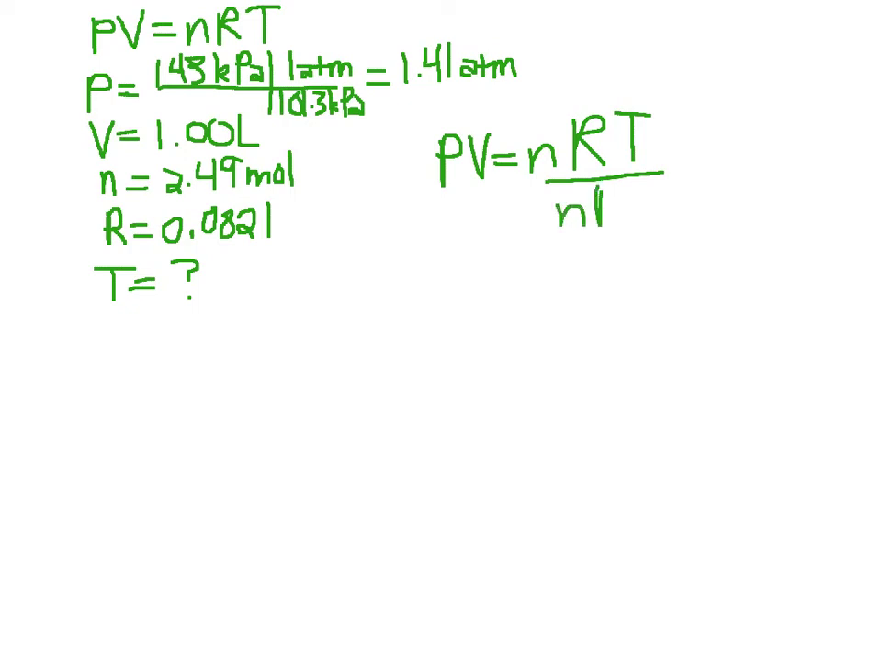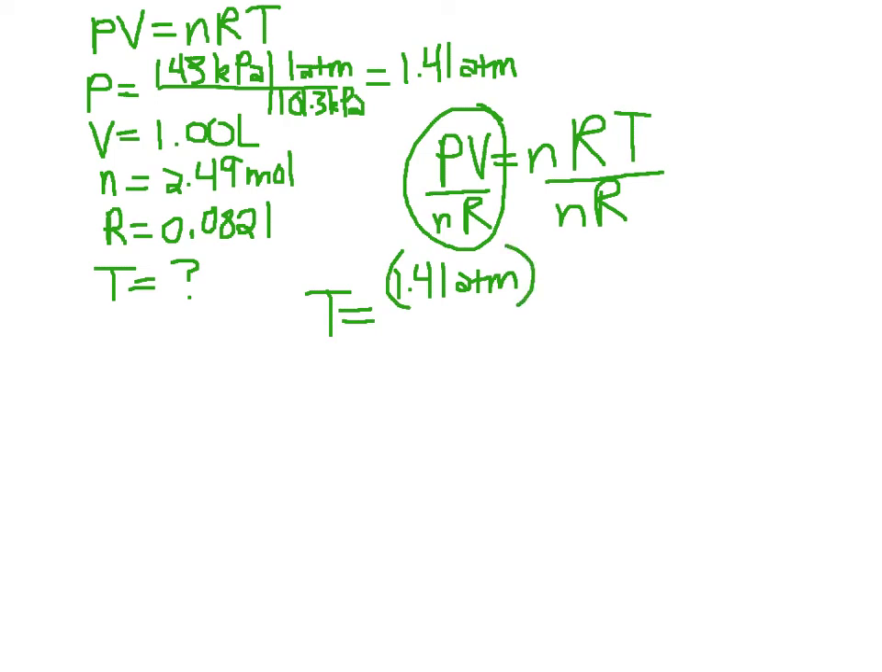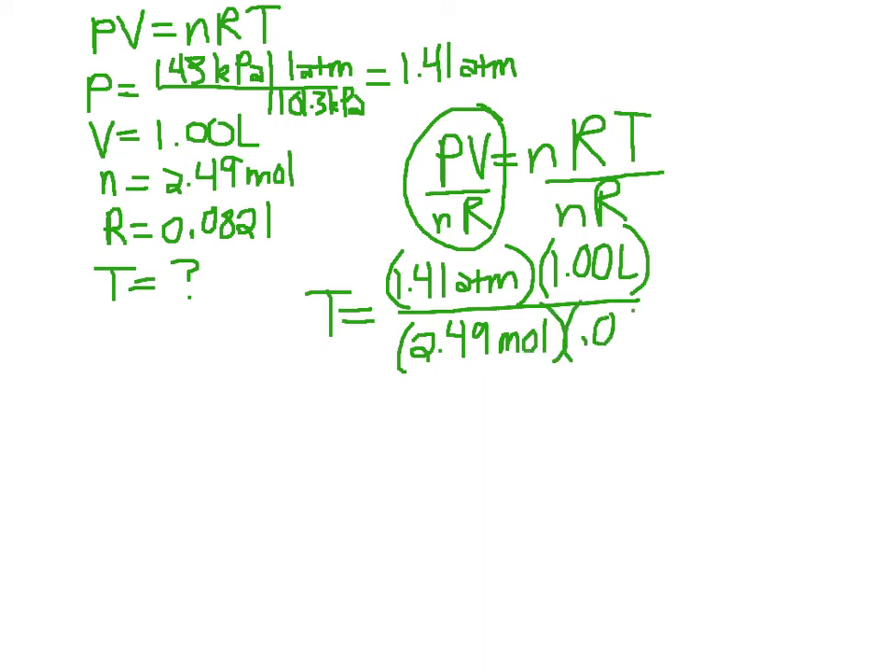So we're dividing both sides by nR, and so this is what you're essentially plugging in. So T equals, and we'll plug in our pressure, 1.41 atmospheres. Plug in our volume, which is 1.00 liters. Divide that by our number of moles times our R. Once again, usually you need all the units after it, but we'll just make it short. Okay, when you do all that multiplying and dividing, you get 6.90